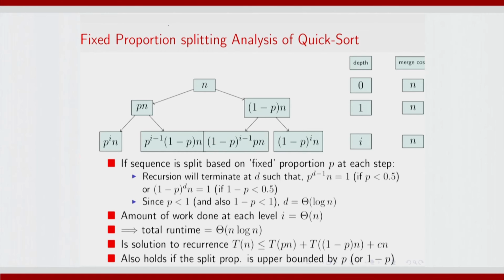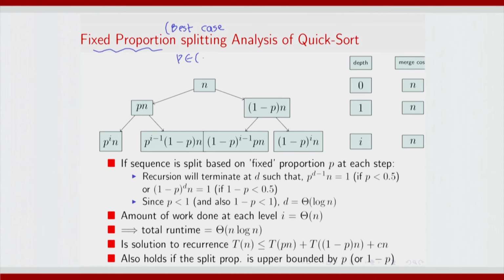How about the best case? What we will consider is a nearly best case. The best case is an instance of that. The nearly best case is that there is a fixed proportion splitting at every level. So at the first level n gets split into subsets of size pn and 1 minus p times n, where p is some fraction